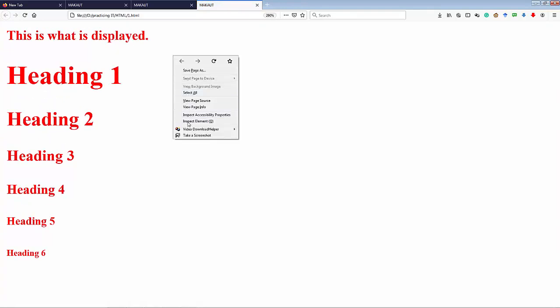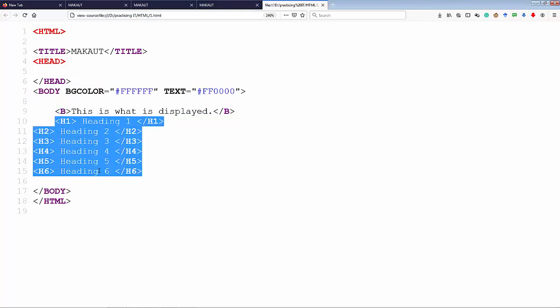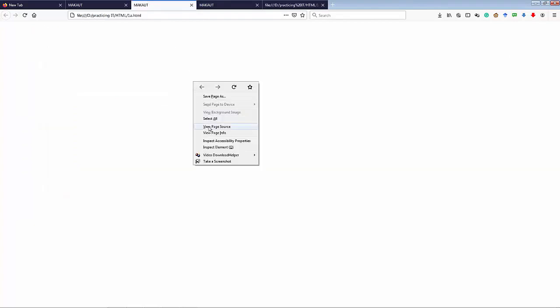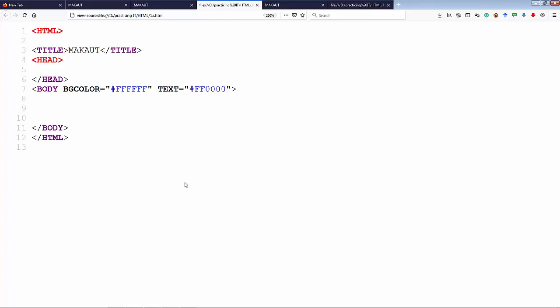So let me see the source code here. In the page source code, see that the body bgcolor has been given white and the text color has been given FF00. So here the text is displayed, and in other places where the heading is also present, at that time also the red color has been shown. Okay, so this is the matter. I think some mistake is occurring in it. Let me see the view page source. Some ending or closing has not been done properly, so that's why it is not working.